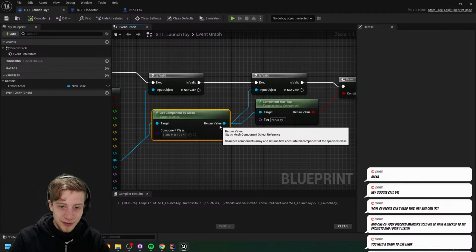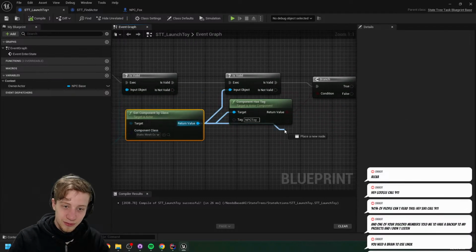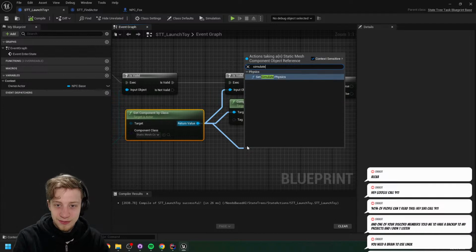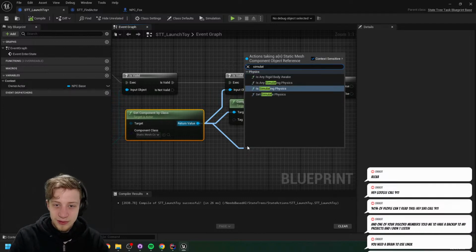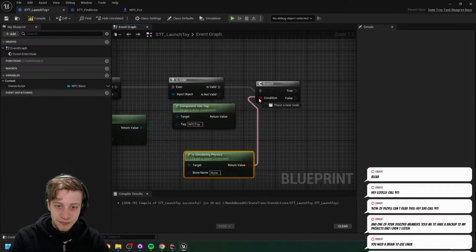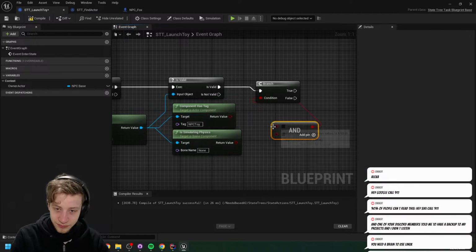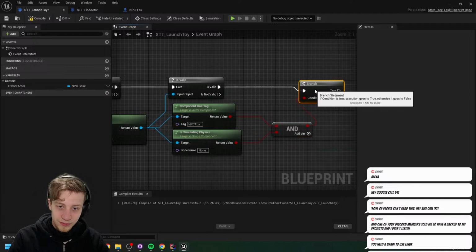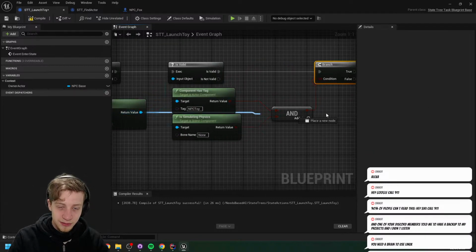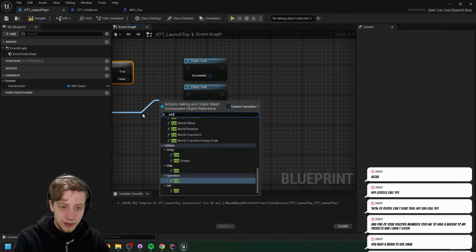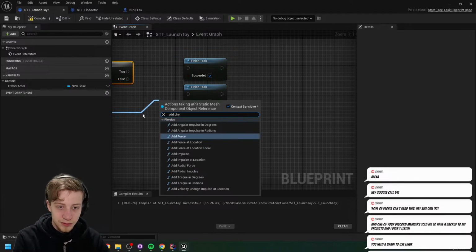All right. And if this is true, we want to have one more condition here. Does it simulate physics, is it simulating physics. And if both, wait, we have to have an AND here. If all of this nonsense is true, then we can finally launch it. So let's go. We need to add physics.